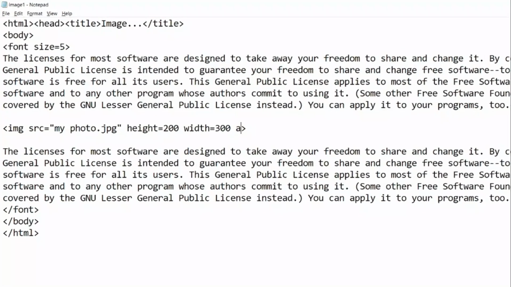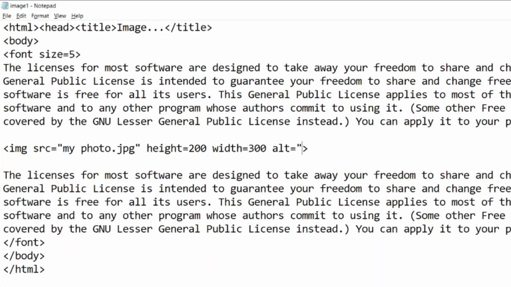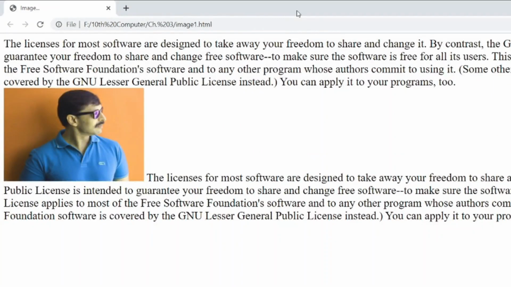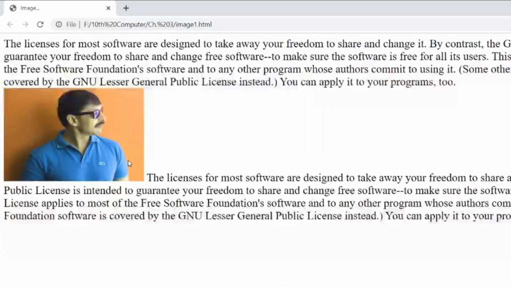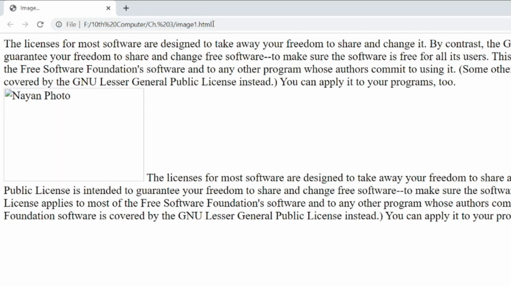Next, alternate text, that is ALT. ALT I write Nayan photo. Now this means this will not be displayed anywhere on the web page. If you come, it is not displayed anywhere, but for any reason, if this image is not getting displayed, suppose for example here I forgot to leave a blank space, my file name is my photo.jpg, but I forgot the blank space, and then if I come here and if I refresh,